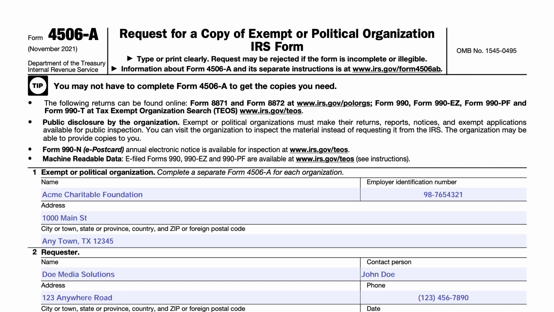We'll be going over IRS Form 4506-A, request for a copy of exempt or political organization IRS form. So as most people realize, any organization that requests a tax exempt status from the IRS or is registered as a political organization with the IRS has to make certain documents available for public inspection. So this form, IRS Form 4506-A, specifically allows